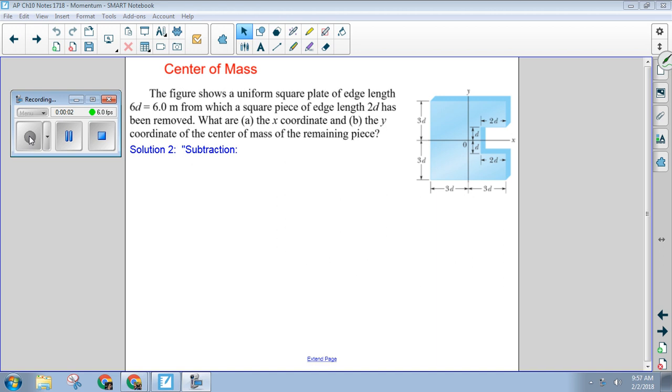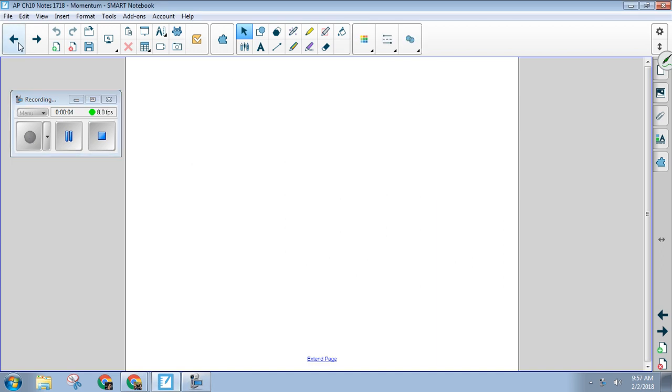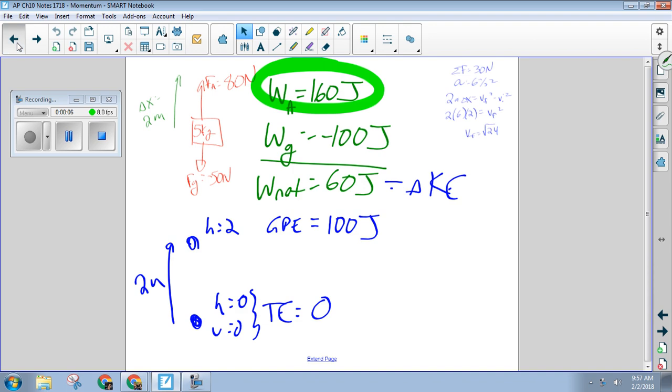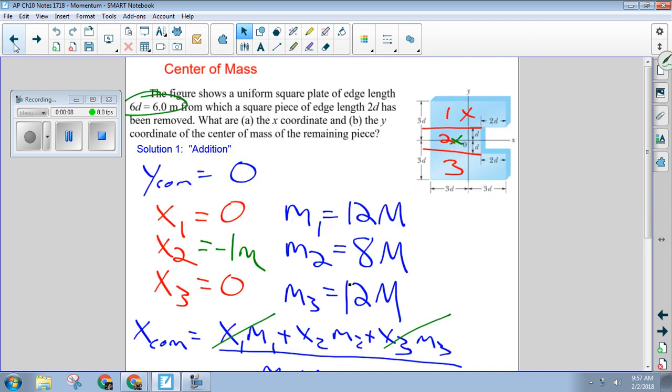All right, so on Wednesday we were talking about center of mass. And if I remember correctly, the last thing we did was we found the center of mass of this weird shape, yes? Correct. Okay. So it turns out there is another way you can do this. But I don't know that there's a ton of value in going through it. But just really quickly,